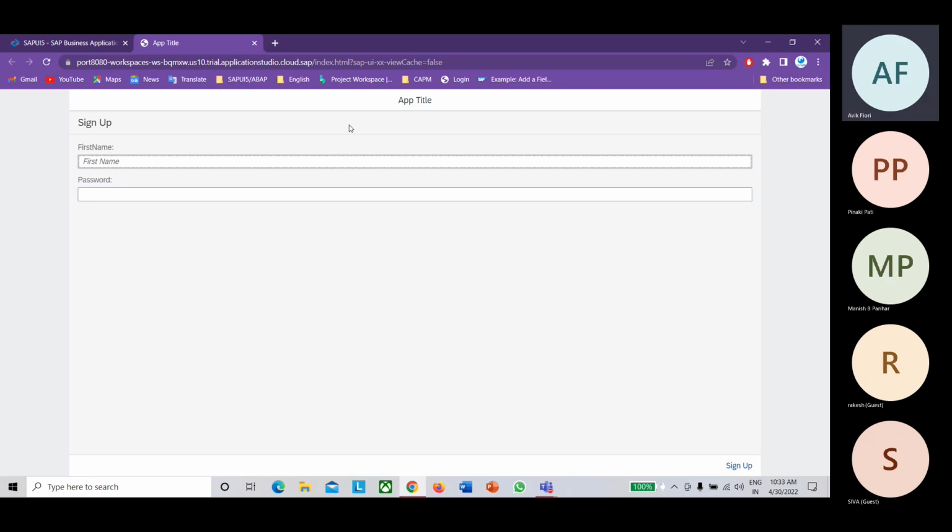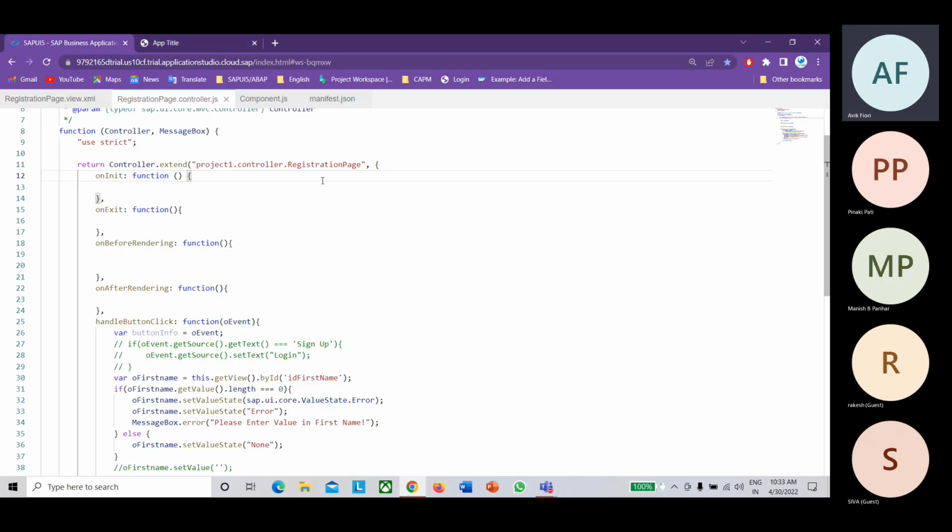When you open the registration page, the onInit method of the registration page will be triggered only once. Once you navigate to the login page, the page which comes after the registration page, the login page's onInit method will again be triggered only once.